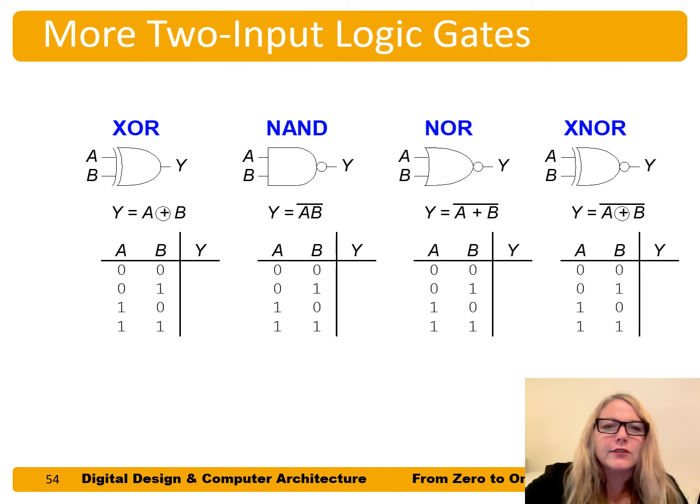So here are some other 2-input logic gates. We have the XOR gate. This is not pronounced 'ex-or', it's pronounced 'ex-or'. We have the NAND gate, the NOR gate, and the XNOR gate. So the XOR gate is called an exclusive OR. That's what the X stands for. It's exclusive OR